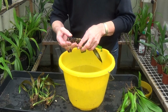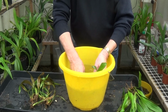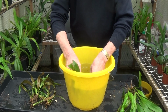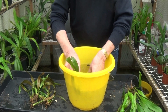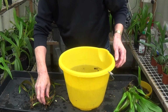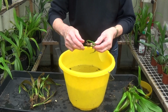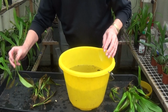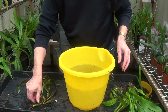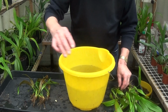Oh, this one wants cleaning up. Anyhow, it should clean up in here. Yeah, we'll sort that one out. Let's give them all a good rinsing. And I don't know how many will survive. I hope they all survive because, as I said before, plants will be very difficult to get in this part of the world